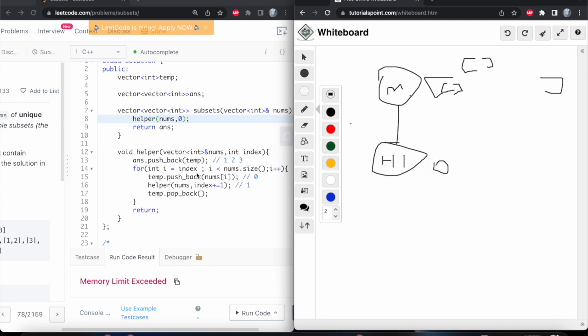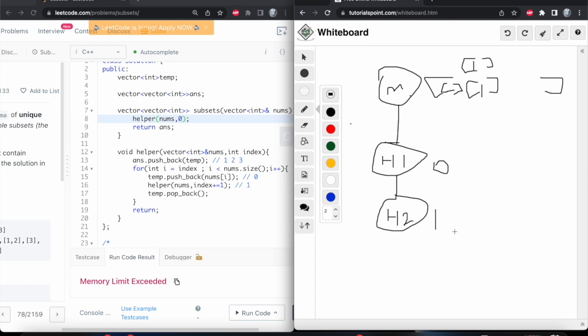And then inside these functions, I am still going to push back. Once I push back here, at the same function, at h1, my temp is going to push back the first index, which is number 1. Index 0, and the number is 1. Okay, so I'm going to call it again with h2. This time my index is 1, and it's going to take the temp and push back 1,